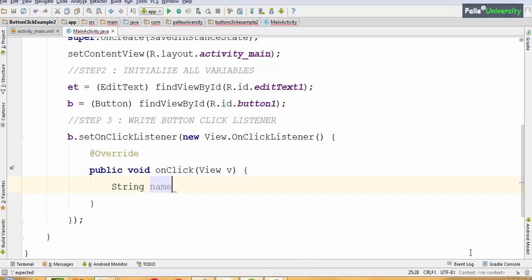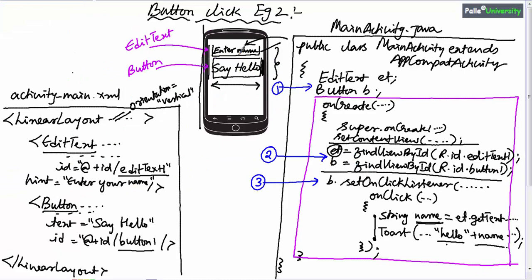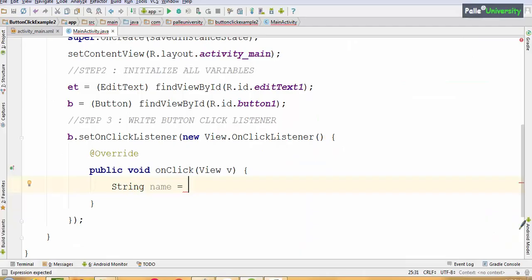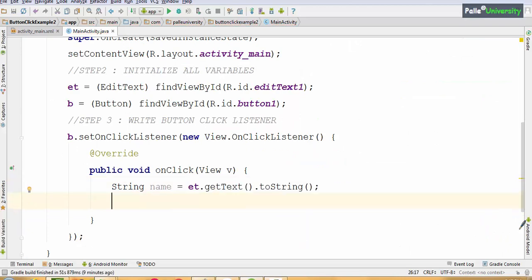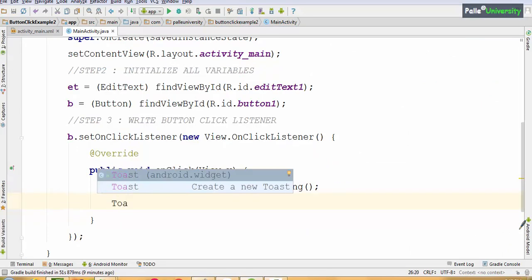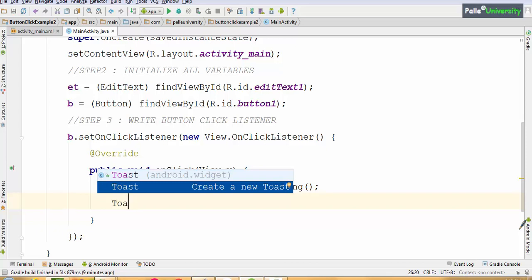String name equal to, this is just a variable name. You can take anything. Now since the user is entering a name in the edit text box pointed by variable et, I will use et.getText().toString(). Now display the name as a toast message. When you type toast, it is showing two helps in the intelligence window. Select the second help because it will automatically fill most of the code for you.